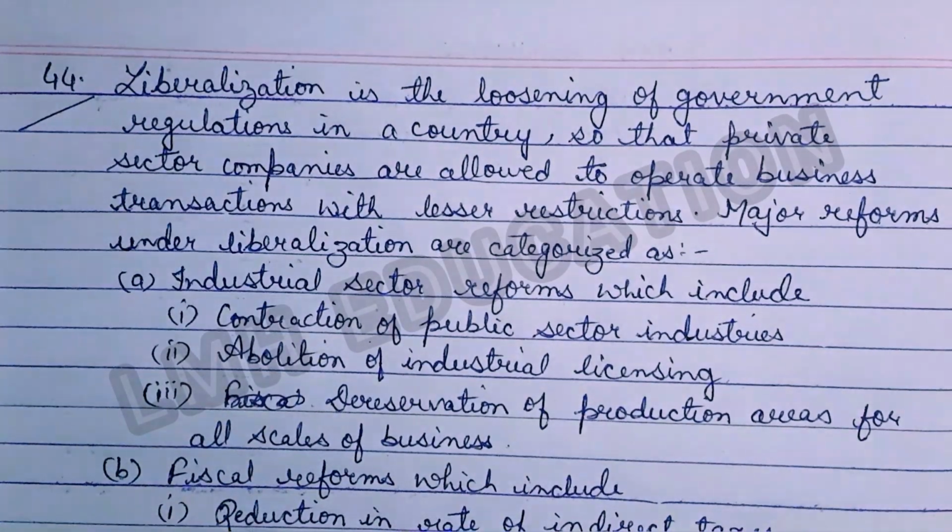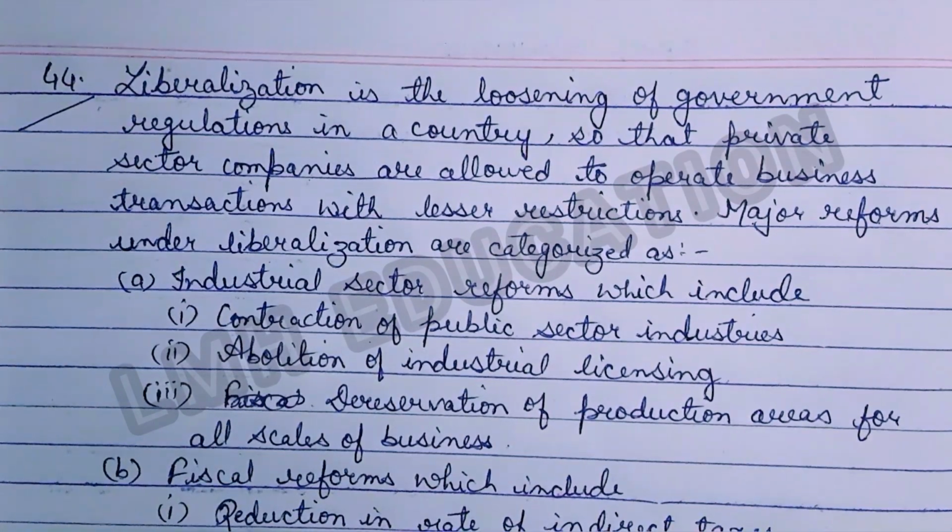Next is the answer of question number 44. Liberalization is the loosening of government regulations in a country so that private sector companies are allowed to operate business transactions with lesser restrictions. Major reforms under liberalization are categorized as: the first one is industrial sector reforms, which include